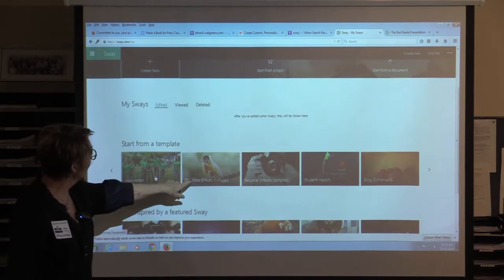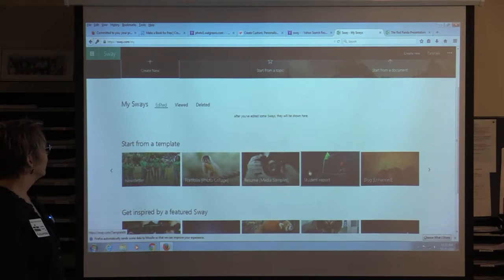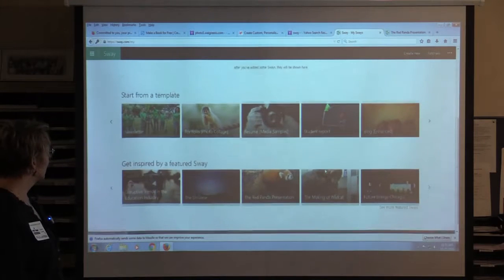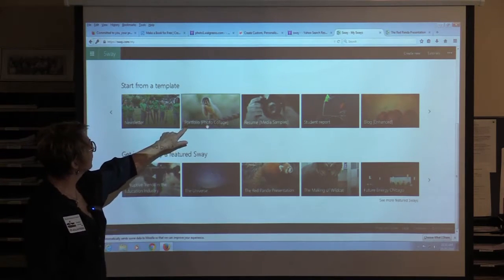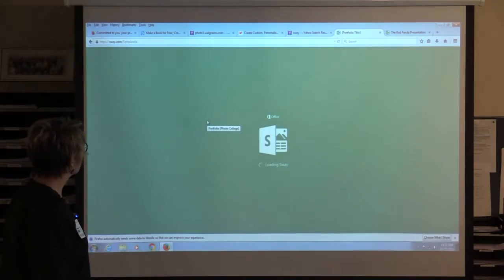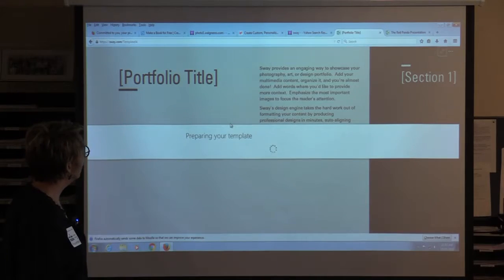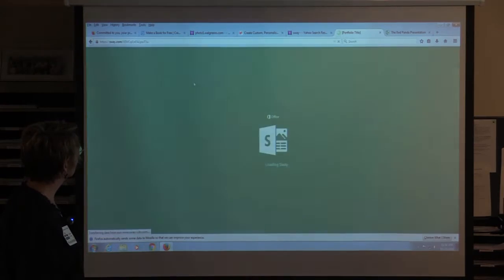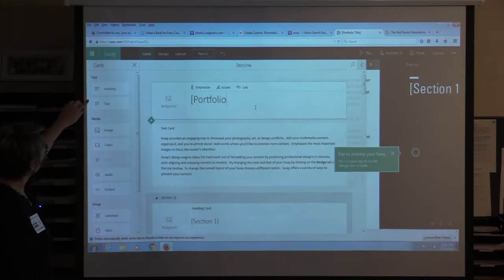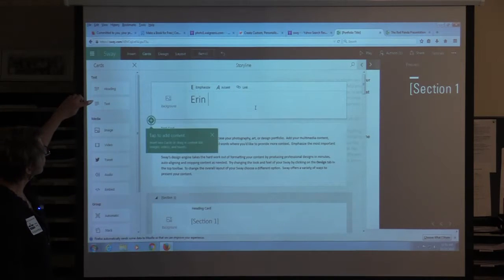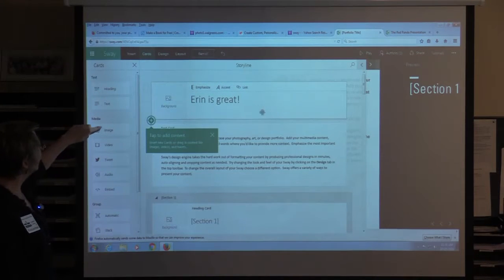Do you want to do a photo collage, do you want to do a newsletter? Anything that you want to do, you can get inspired by Sway. Let's start a photo collage. And again, I haven't done this, but preparing your template. There you go. You can do heading and text. Oh. You can add